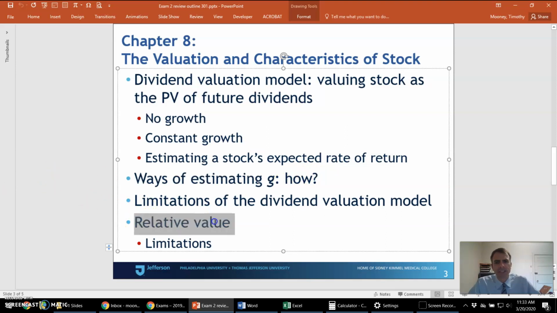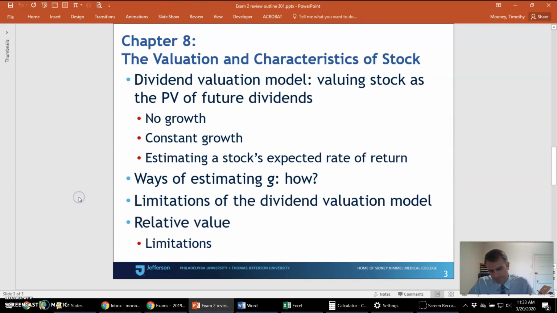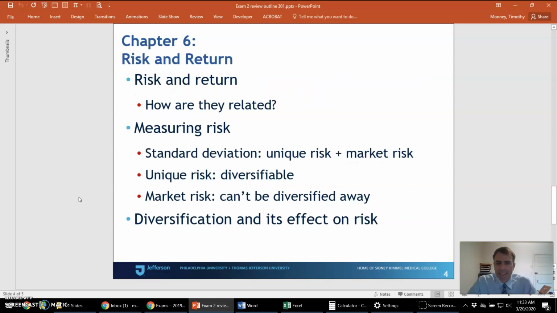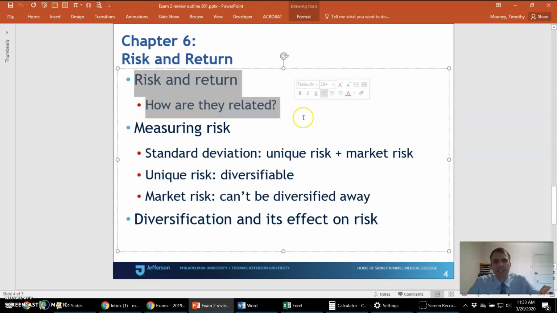And then also we looked at relative value using the PE ratio, right? Use the peer group average price earnings ratio, multiply that by your firm's earnings per share, and then you've got an estimate of the stock price based on relative valuation. So I'd be ready to find a stock's price using the dividend valuation model and relative valuation, right? Great, and then the most recent chapter, we saw some graphical evidence that showed that higher risk investments tend to